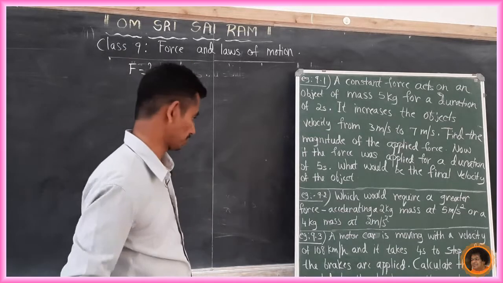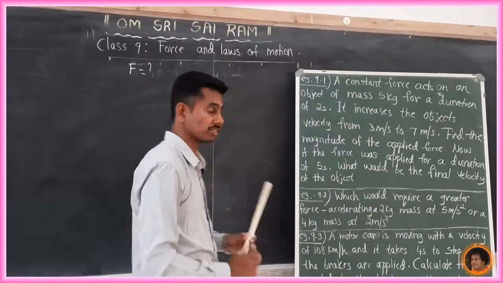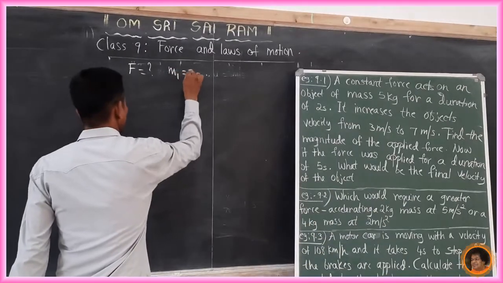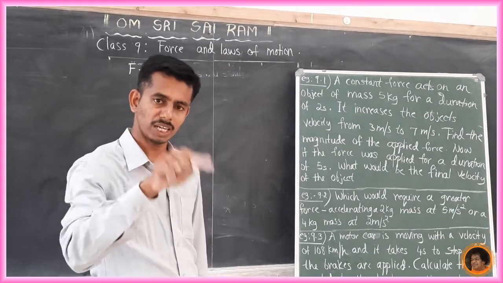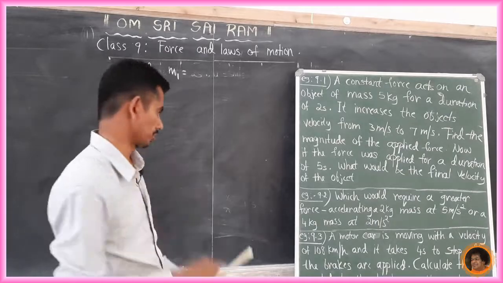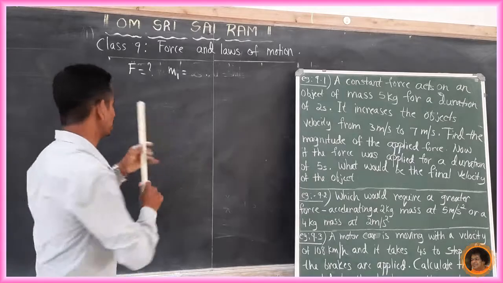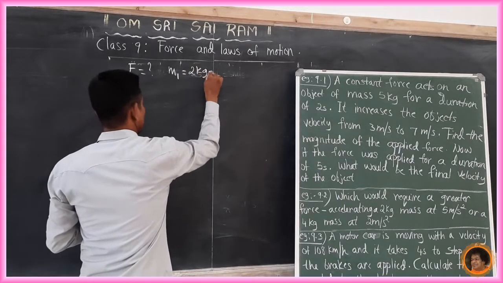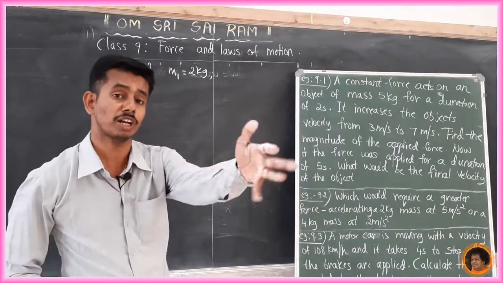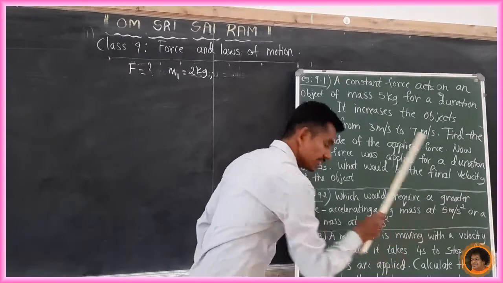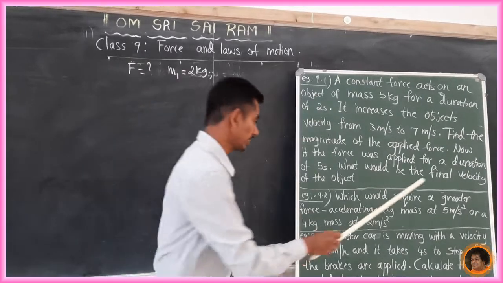When there are two conditions, there are two situations. One is accelerating a 2 kg mass. It means m1 is given, because there are two cases. So, one is m1, another one is m2. One is a1, another one is a2, because two situations. One situation, accelerating a 2 kg mass, means m1 is 2 kg. Then what is 5 meter per second square? Look at the SI unit, meter per second square, or m s to the power minus 2, which means it is acceleration.